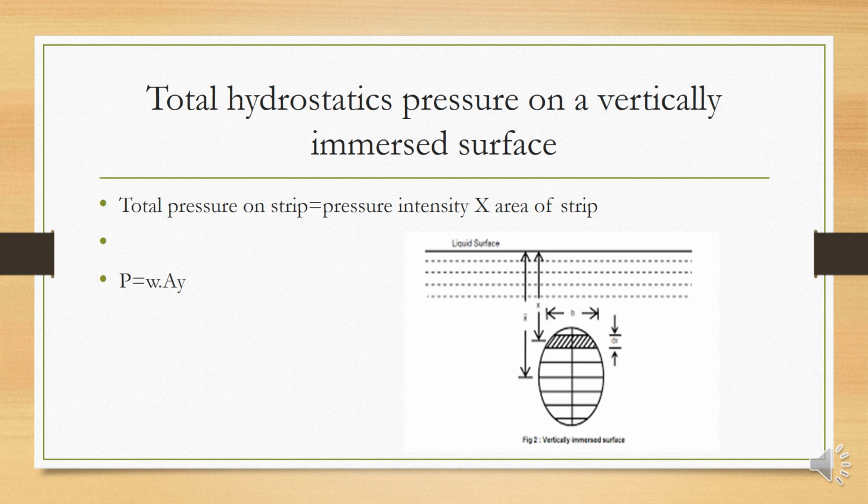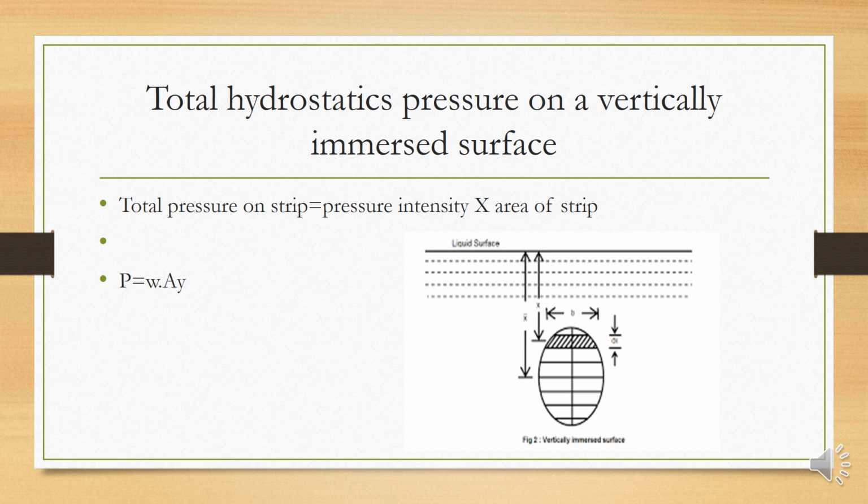Total pressure: if the pressure is equal to the pressure intensity at the bottom of the tank, then pressure intensity multiplied by the area of the base gives the final formula. Omega A y, and the pressure intensity at the bottom is again omega into h, and the inclined area of the base. Means okay, the angle is 90 degrees. Then the formula for determination of the total pressure, from the above equation, we get P is equal to omega A y, and with respect to height, Ig divided by A y plus y.